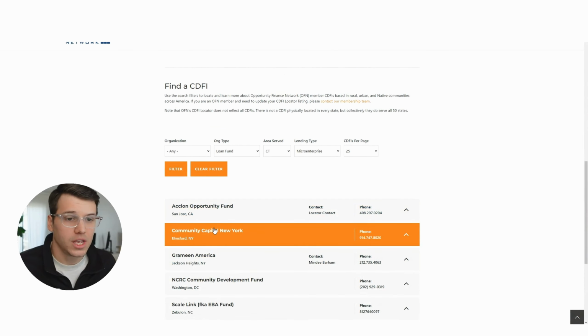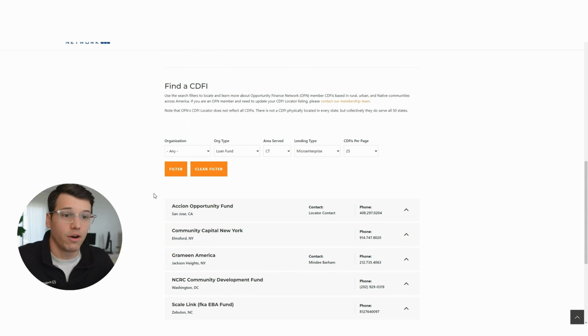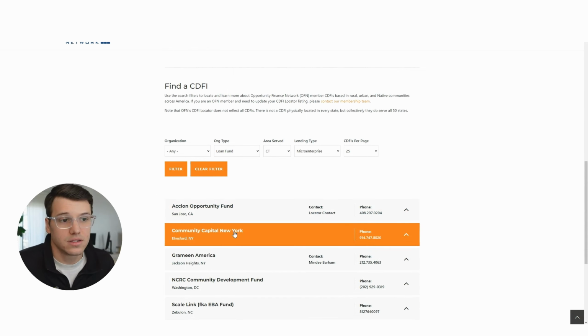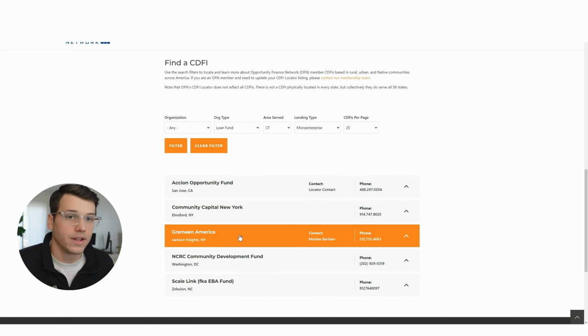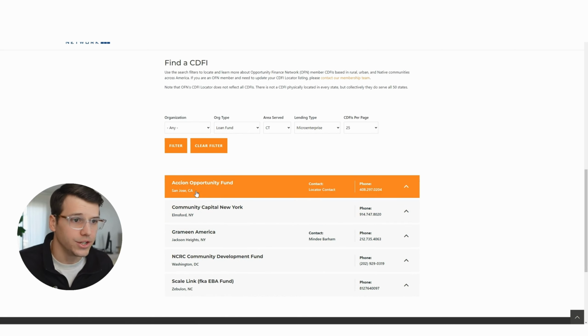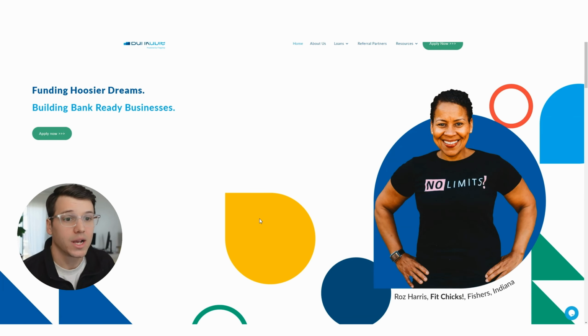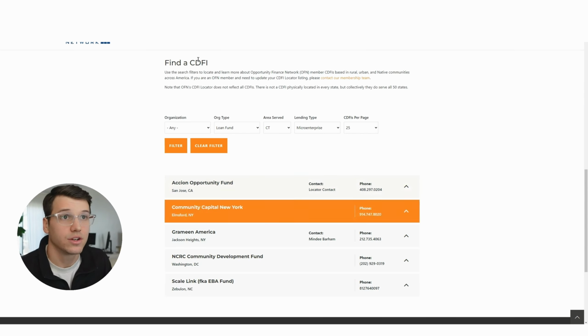So what's a little bit tricky about microlenders and CDFIs is they're all very different from each other, whereas banks are kind of standard in their experience and what they're going to offer and their application process and all of that. The best thing to do for these types of lenders is to do a little bit more research. Like Accion Opportunity Fund lends across many different states, right? So if you want one that's only located, for example, Bankable is where I spent some time working. They only serve the state of Indiana, right? So it was a much more specific experience versus CDFIs that might cover multiple states. But this is a good resource.